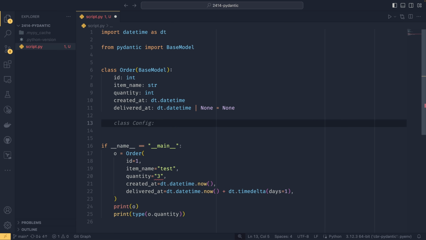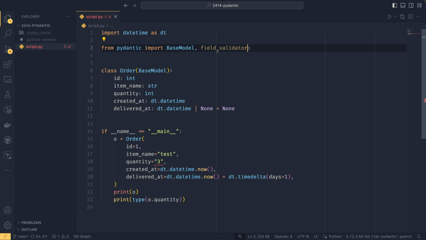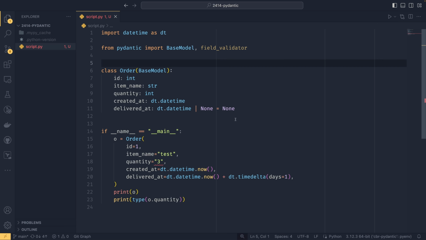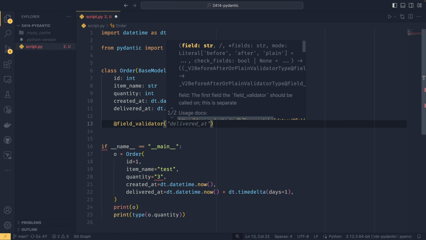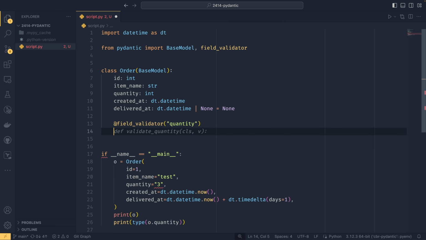But we could say, if we imported field validator, and this is one of the changes between version 1 and version 2. In version 1 this was just validator, in version 2 it is field validator, and this is a decorator, so we can set field validator and then we pass in the name of the field that we want to validate. So in this case it's going to be quantity, and we can set def validate quantity, and then